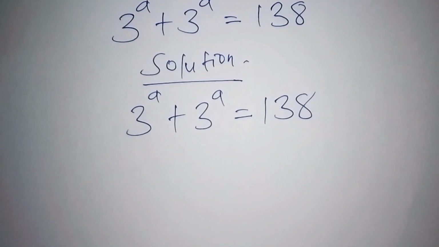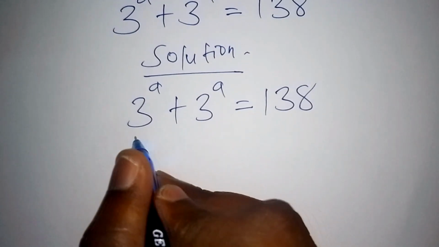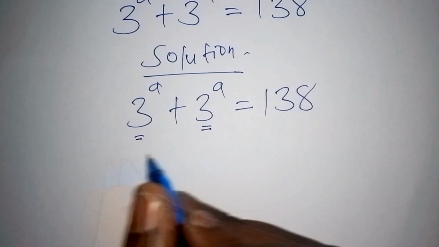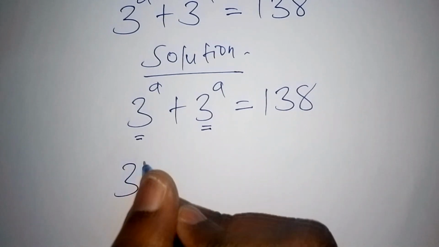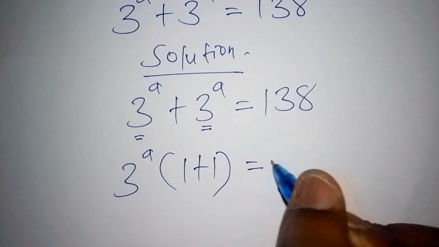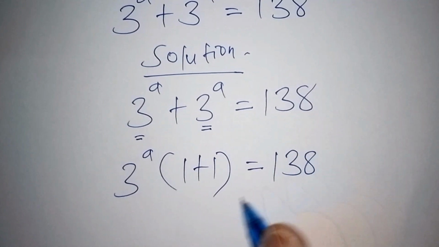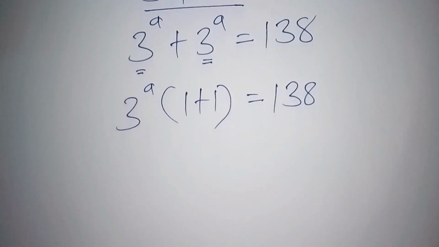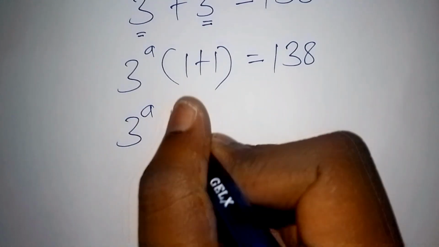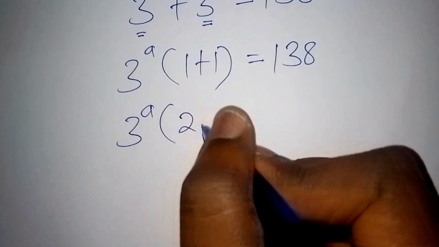So now let's work it out together. 3 to the power of a and 3 to the power of a is common. So the first thing that you need to do, we shall factorize it by now having 3 to the power of a into bracket 1 plus 1, close the bracket, is equals to 138. Then the next one, you shall work out the number inside the bracket. That is now 3 to the power of a, then into bracket 1 plus 1 is 2, close the bracket,